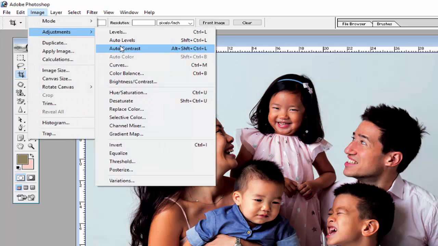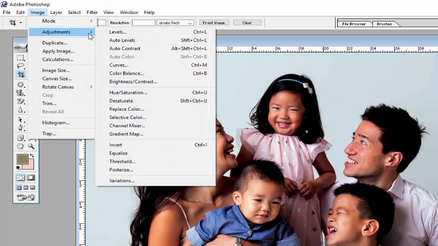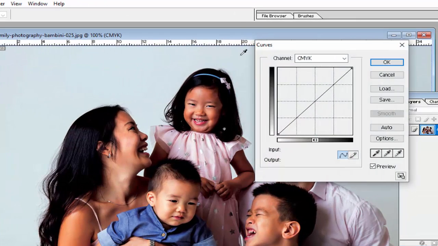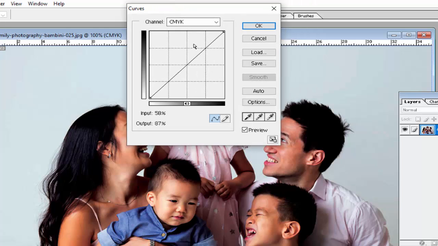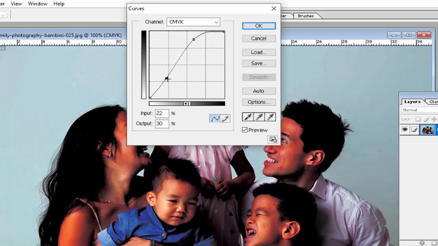You can adjust the contrast of the image and you can adjust the curve. Curves, shortcut key Ctrl M, and this is the Curves option. The Curves window will open and you can increase blackness like this, and whiteness like this.